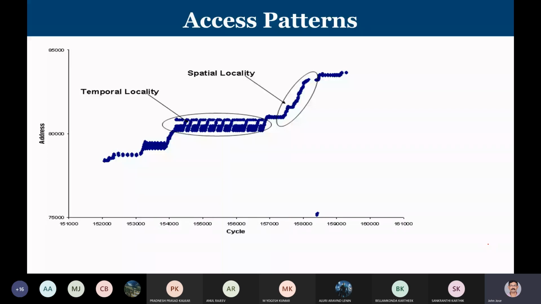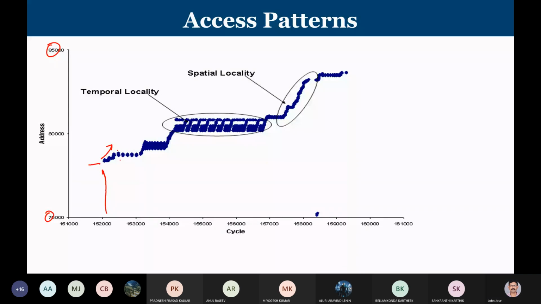Now, if you look at this, these are values that have been taken from a simulator. On the x-axis, you see the clock cycle, and on the y-axis, you see the address. Let's say at this point of time, the addresses that are accessed are between 75,000 and 85,000. Now, we are trying to plot what addresses are being accessed at a given point in time. So let's say this is the clock time and this is the address, somewhere around 78,000, 79,000. After that, I'm sliding. When you're going up, it means I am going to higher addresses. So you can see that.